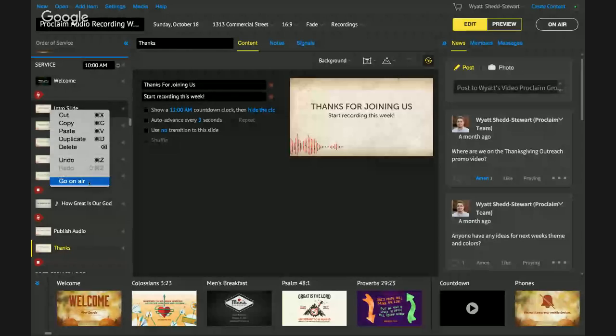Okay, Jason also asks, is there an indicator somewhere in the control window that shows when the recording is live? He says, I see the microphone feed, but that's not the same. So again, when you're on air in the upper right-hand corner of the program, we'll just go ahead and show you this really quick. When we go on air